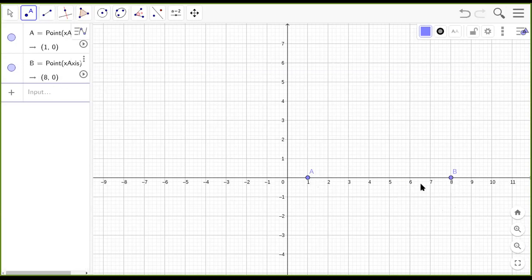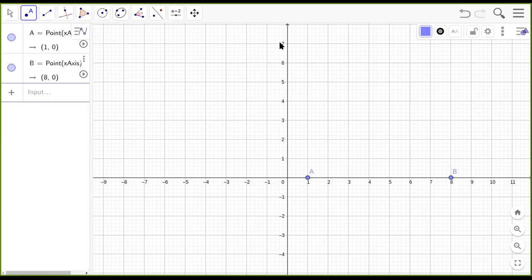Now if I need to find the distance between these 2 points, it is very simple. Because both of them are on the same x-axis, I can just find the difference between the abscissa, that is 8 minus 1, which will give me the distance between A and B. Because the ordinate is common for them. It is 0 and 0. So the distance will be easily measured as 7 units. You can see it. When you move from A to B, how many jumps have you made? You made 7 jumps to reach B.